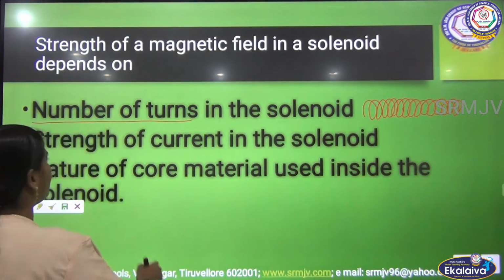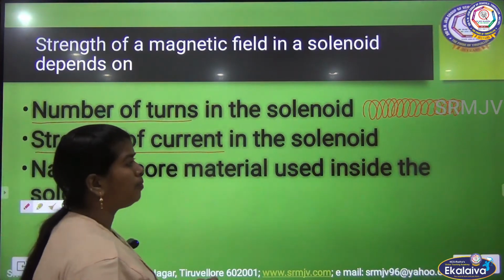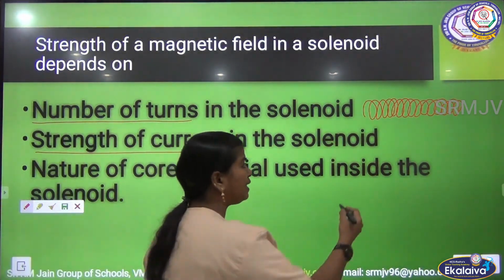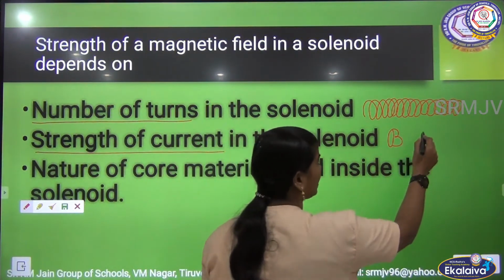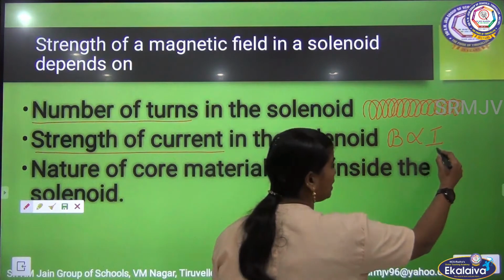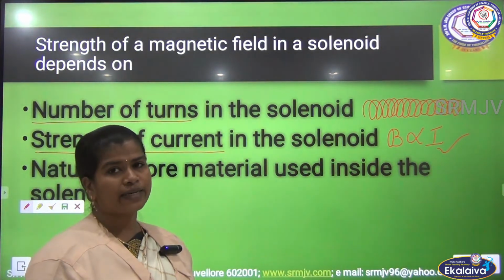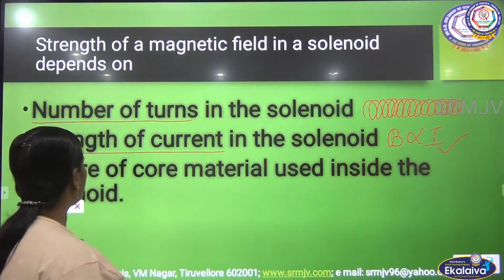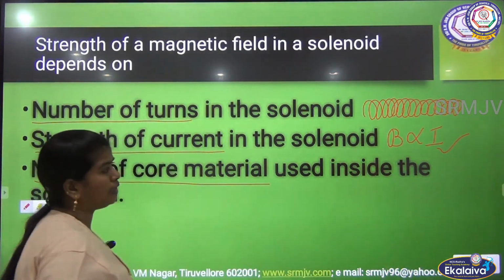The next point is the strength of the current. We know that the strength of the magnetic field is denoted with the capital letter B, and it is directly proportional to I. If I increase the current flowing through it, I can get a stronger magnetic field. The next one is the nature of the core material.